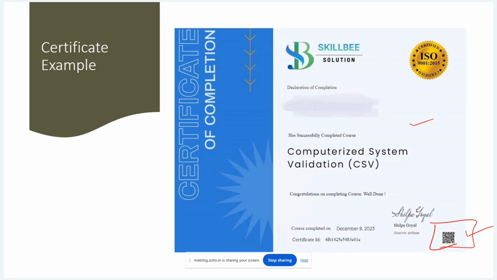Plus a URL link is also there, so company HR can click on that link and verify your certificate is valid. Here there is one more logo for the university affiliation. This is the older certificate, so that logo is not appearing here, but the university affiliated certificate will have a university logo as well.